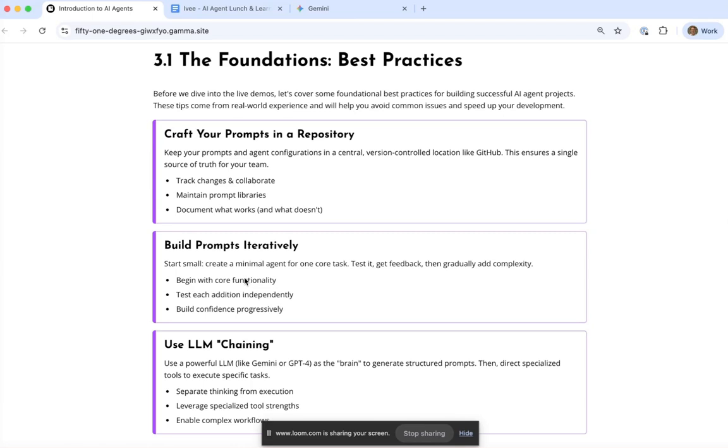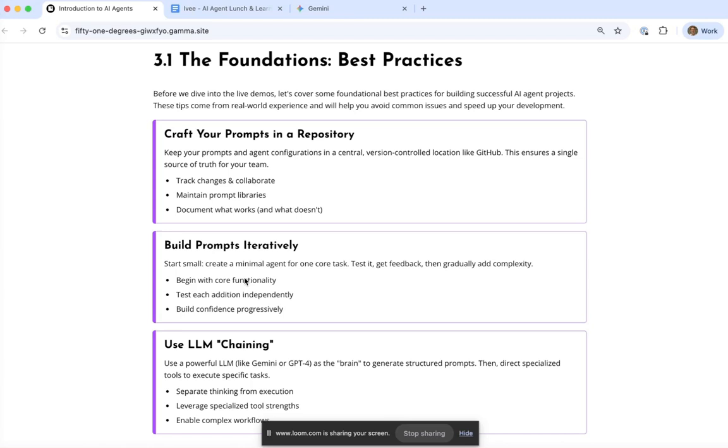And then the final one is using LLM chaining, as I said, which is where you can take a prompt into your first LLM, as this is an example, and you break that down into smaller components and iterate through that more times. So an example of LLM chaining here is I will use Google Gemini to write my prompt, which then becomes my prompt for Strawberry Browser. So I don't write the Strawberry Browser prompt myself because it would take me ages to write it all out. Instead, I use Google Gemini to do that.